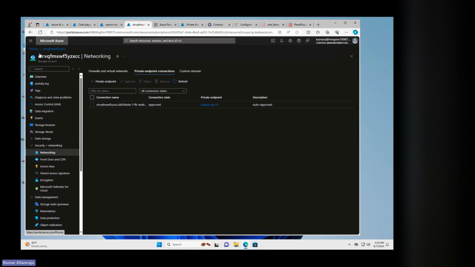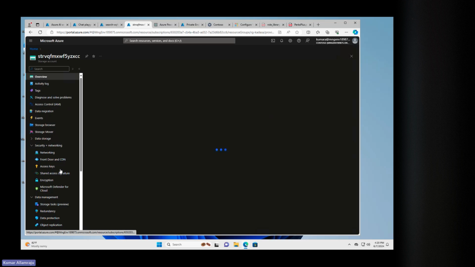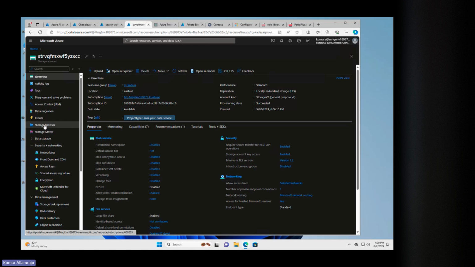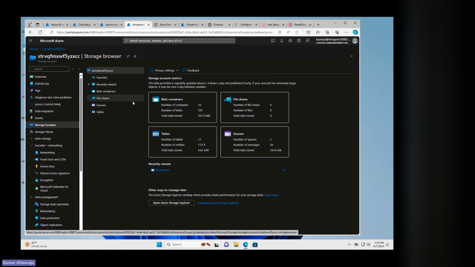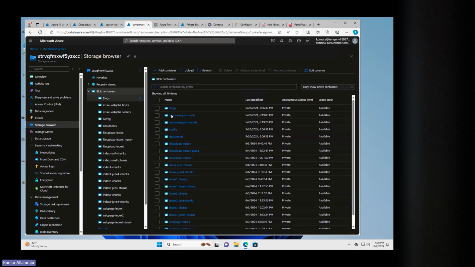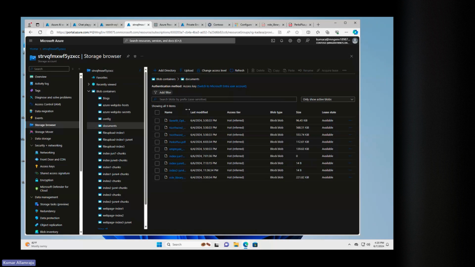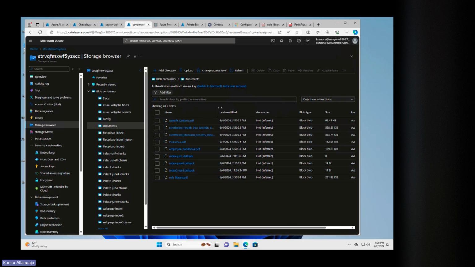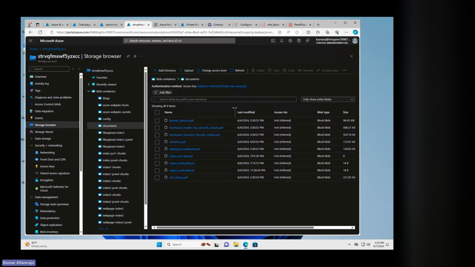We need a storage account, which I already provisioned, and this is my input data. I have some source files that I was testing with. These are some of the documents that I was using to chat with my chatbot or app service, right? So I already pre-staged it,